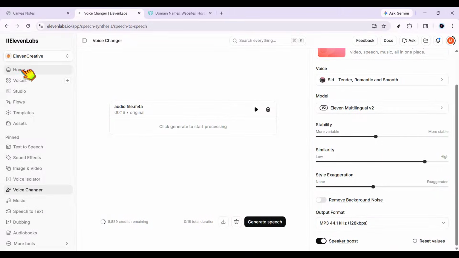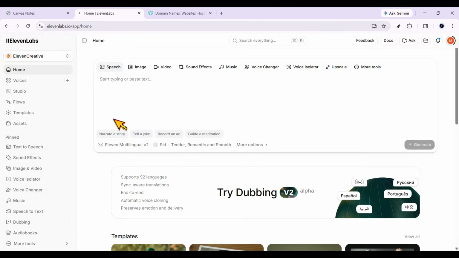If your ElevenLabs voice is pausing in places you did not want, or if you want to control pauses more precisely, this video will show you all the main methods. These are the ways to control pauses effectively, and once you understand them, you can make your voiceovers sound much